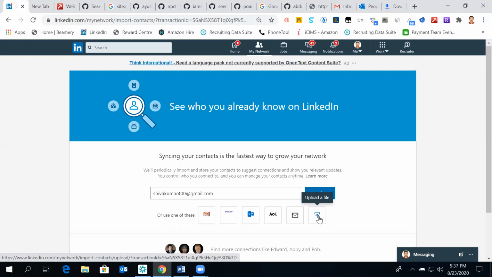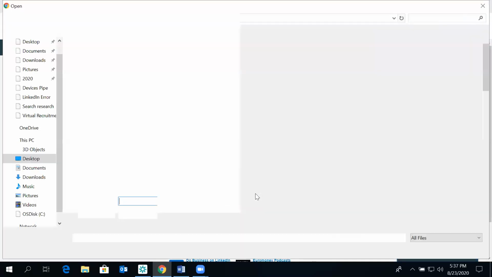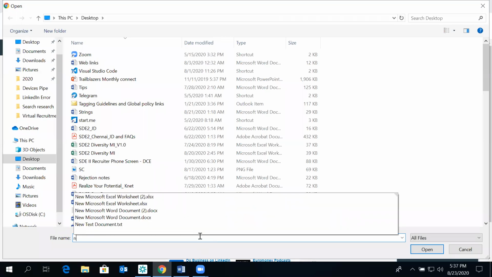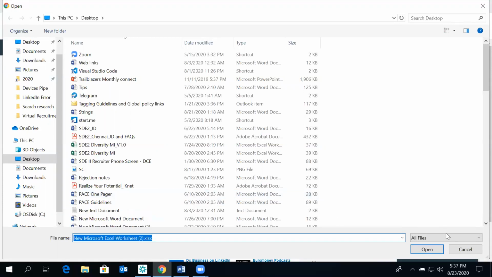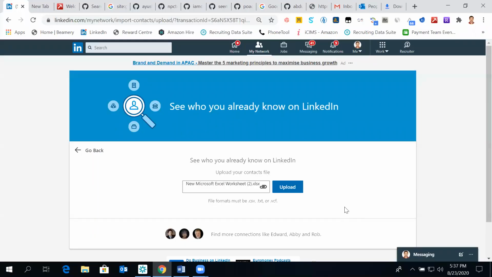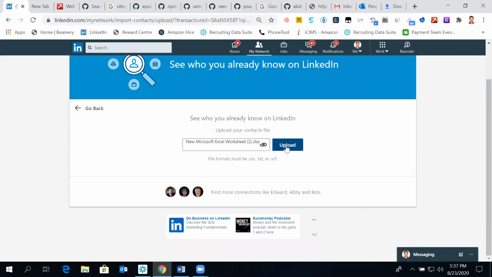Go to upload a file. So we're just trying to add contacts. So this is the manipulated contact list which we have created just now. And say open, upload.